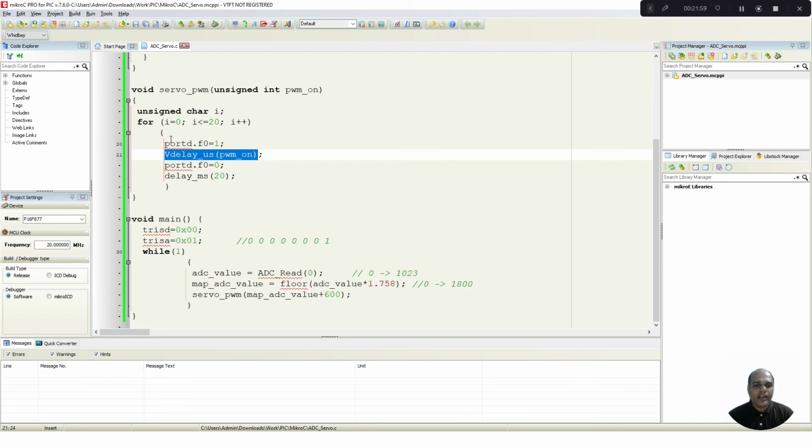And during the delay, my LED will be on. Then it goes to off for 20 milliseconds. And we generate this pulse again and again, about 20 times. We generate it because our servo motor is a slow device. It might recognize a single pulse. If I try to send multiple pulses, at least a few times it might recognize and it can go